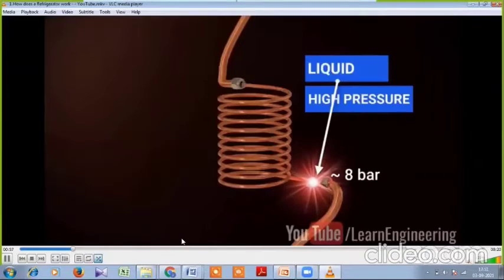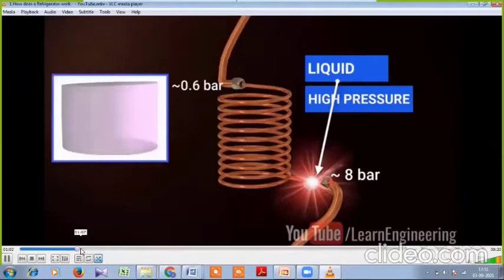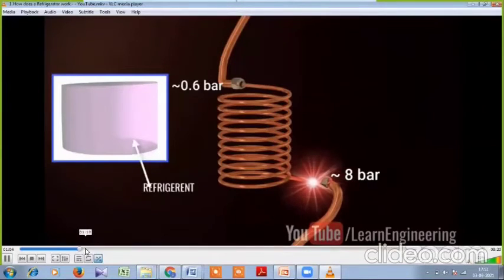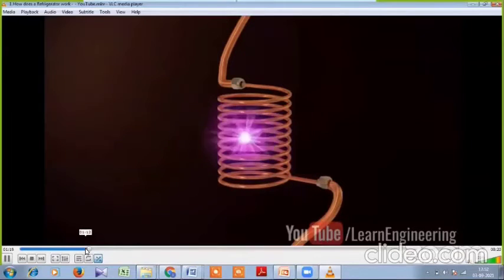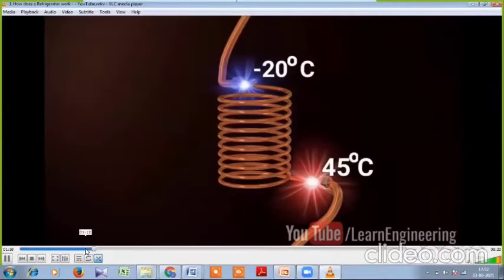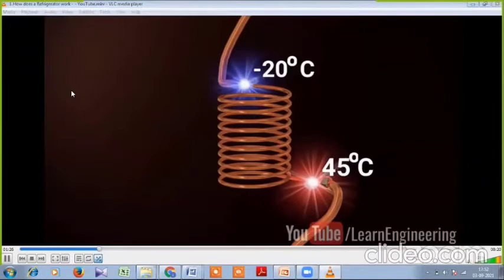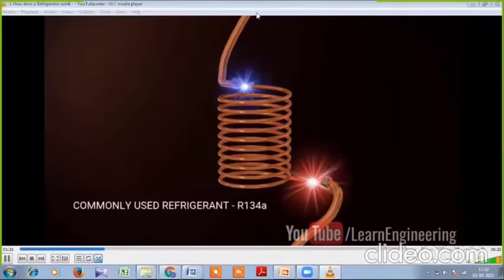Okay, the throttling device is an obstruction to the flow, so a huge pressure drop occurs when the liquid flows through it. As the pressure drops, the boiling point of the liquid drops, so its temperature drops. If you check the temperature across the throttling device, you will notice this drop. Please note that only a portion of the refrigerant is evaporated here. This is one important property of the refrigeration fluid: it should be able to change phase while varying the pressure under normal temperatures.